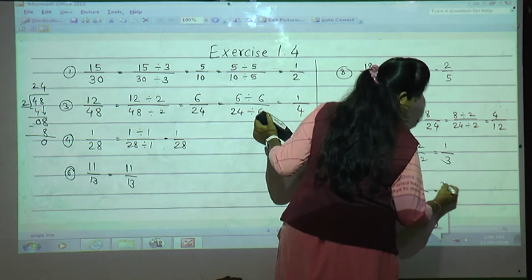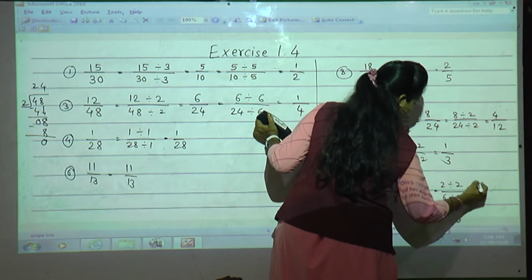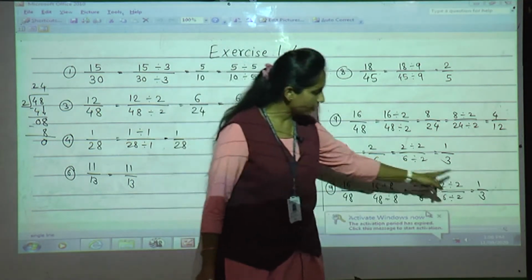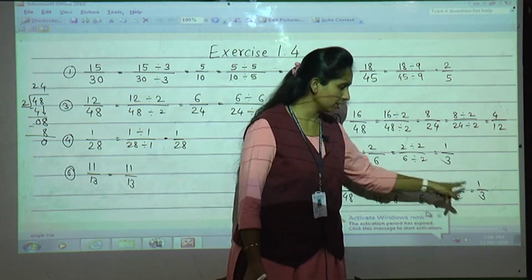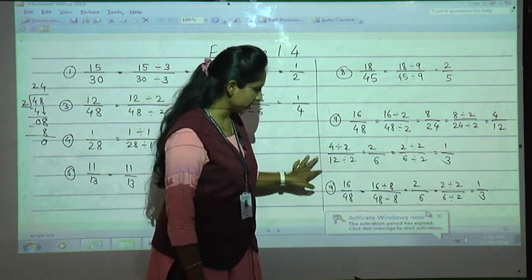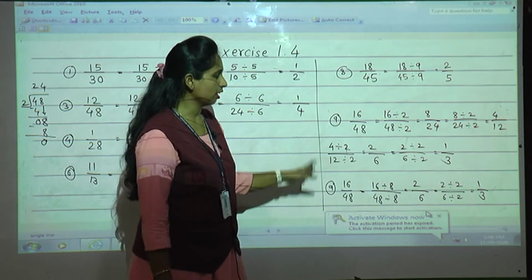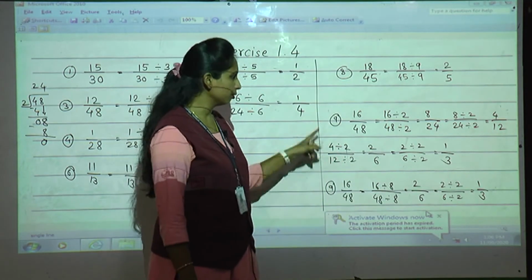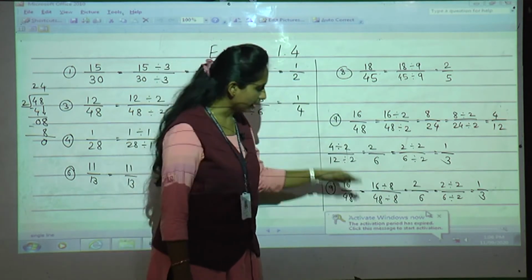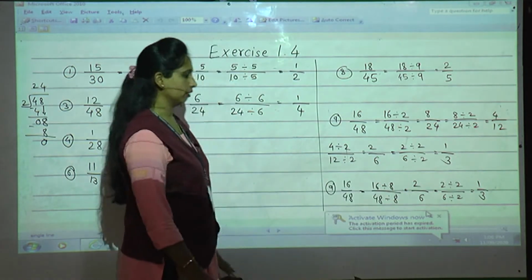Now again we need to divide 2 by 2, 6 divided by 2. 2 ones are 2, 2 threes are 6. Now see, just compare both our answers: 1 upon 3, 1 upon 3. Same number. But here there are many steps, and here directly only 2 steps. You can choose any one. If you know in which table both the numbers will come, you just directly go with the same table and try to simplify as a shortcut.